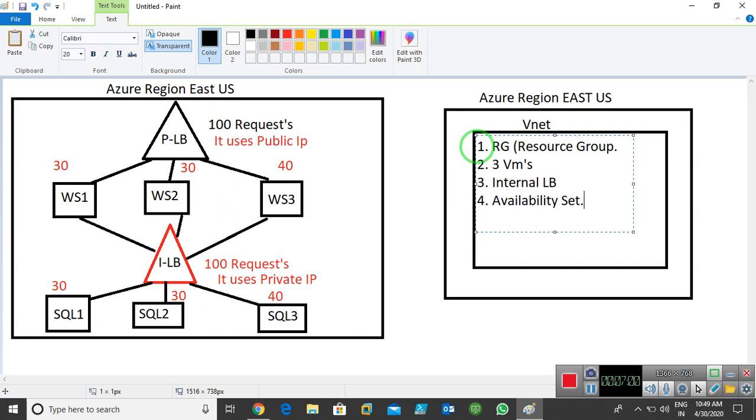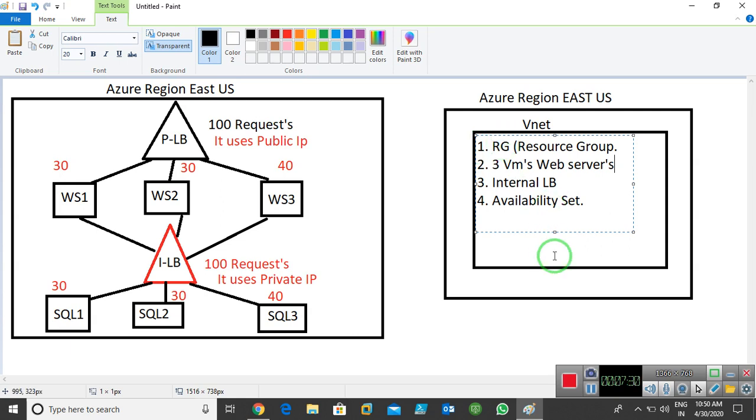We add the VMs in, and my VMs work as web servers, the same scenario. I add those two VMs in one availability set, and then I create one internal load balancer and add both virtual machines in my internal load balancer. With the help of the third VM we can test things.